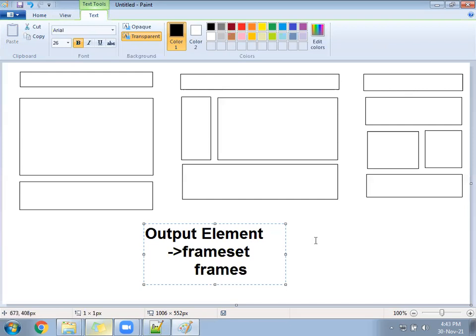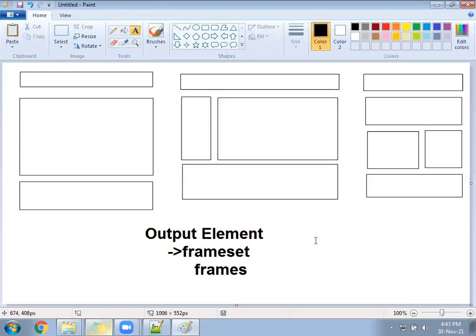Frame set and frames are output elements. An output element does not ask for input. It is going to design something that will give you the output.